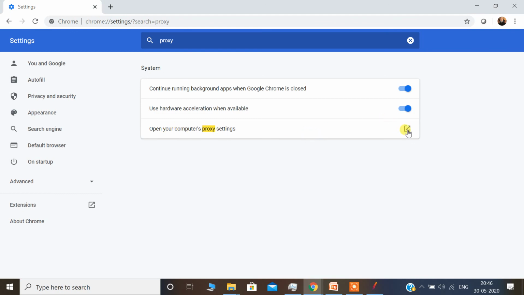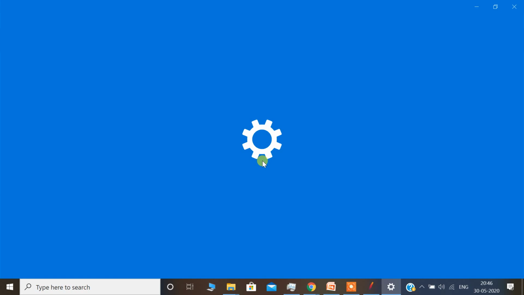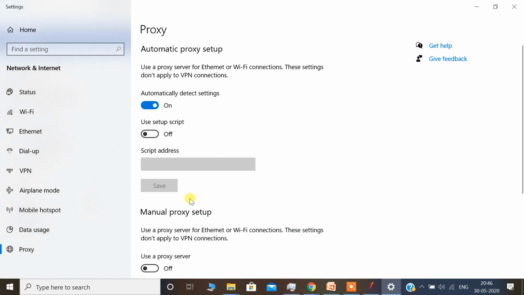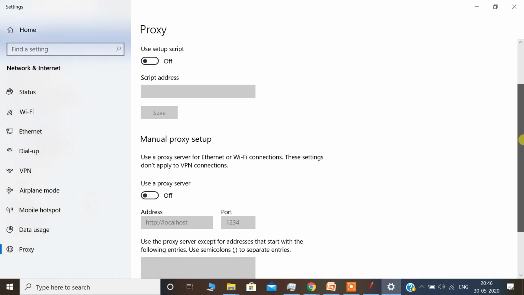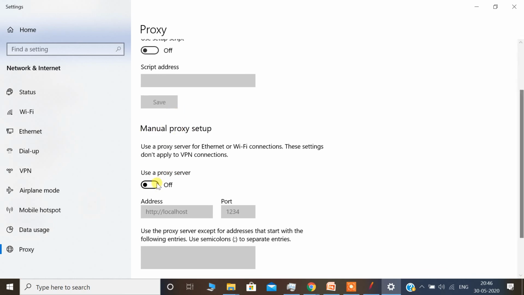It would click here. Go to the manual proxy setup, use a proxy server, make it on, type localhost into your address, localhost, and the port number. Port number is 4 times 8 that is present in the JMeter.